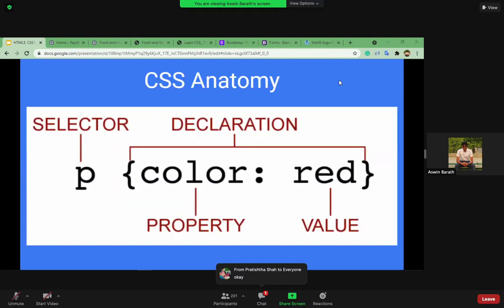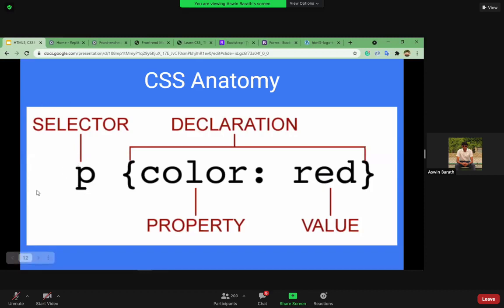Okay. So inside CSS, we have something called selectors. Selectors are nothing but whatever element we have to provide style to, we call that the selector. So over here, the P is the selector. When we want to add styles to the paragraph, we use P over here. Or whenever we want to add style to the image, we provide IMG over here.